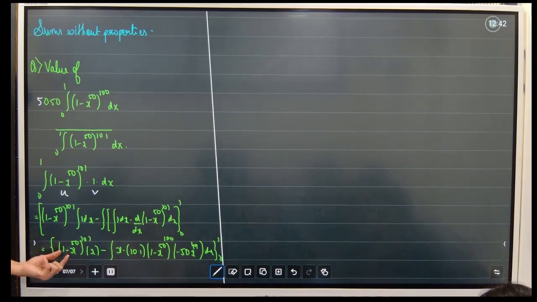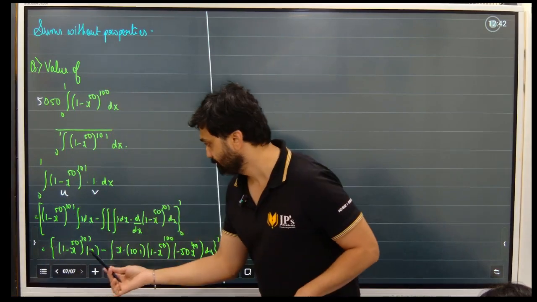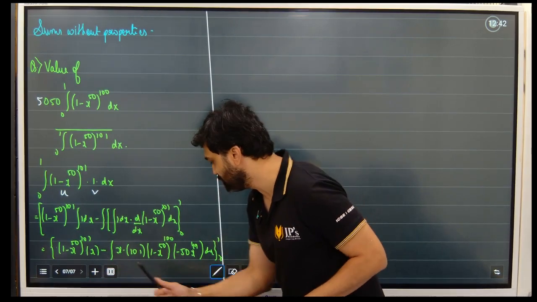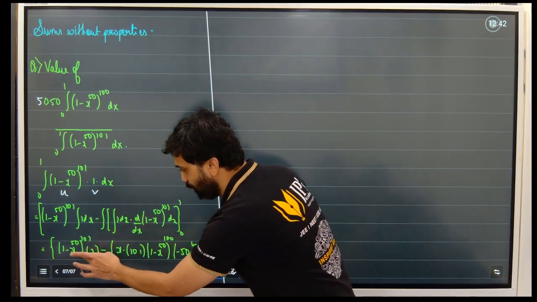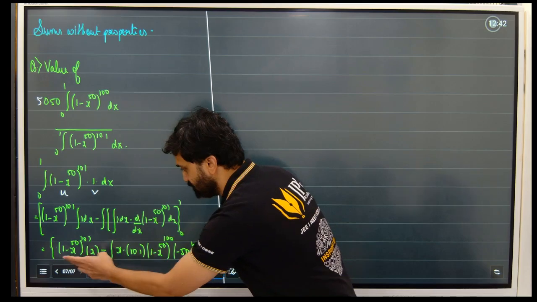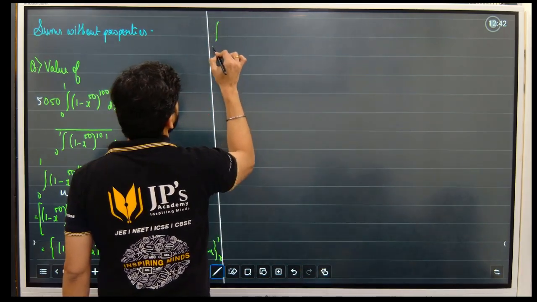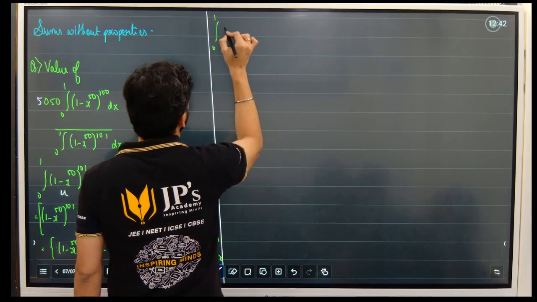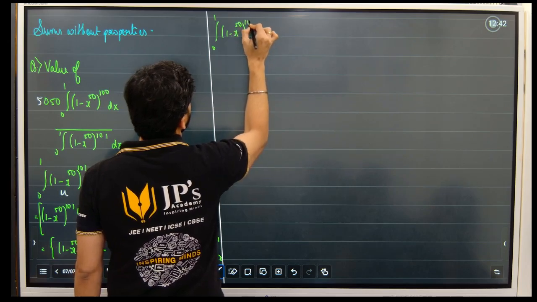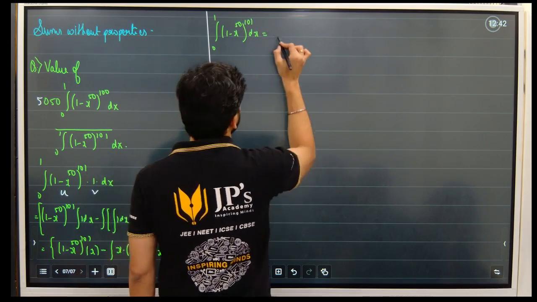Now here there is no integration. This part does not have any integration, and since it does not, if I substitute 1, this term becomes 0. And if I substitute 0, this term becomes 0. So in other words, my first part becomes 0. So integration 0 to 1 of (1 minus x raised to 50) raised to 101 dx is nothing but: my first part becomes 0,